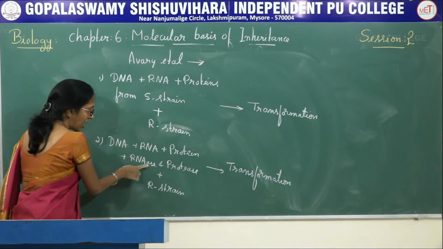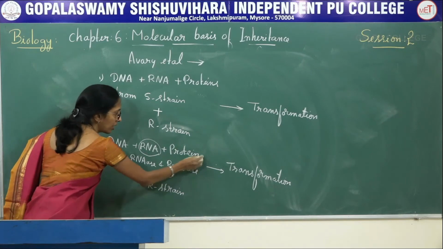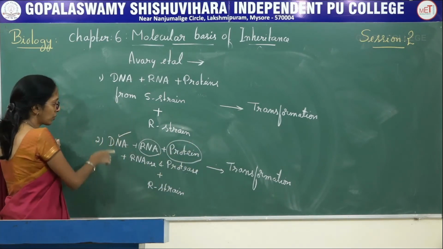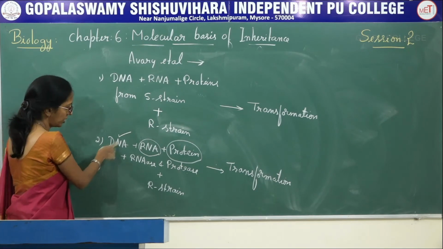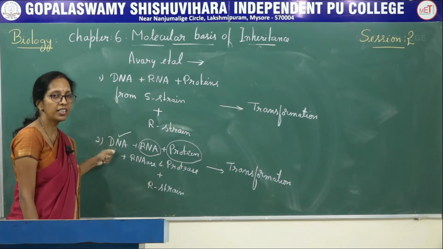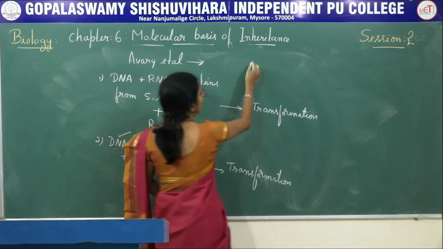So this RNase destroys the RNA, protease destroys the protein, but still there is a presence of DNA, so the DNA from the S strain enters into the R strain and changes the R strain into S, that results in transformation. And the last extract,